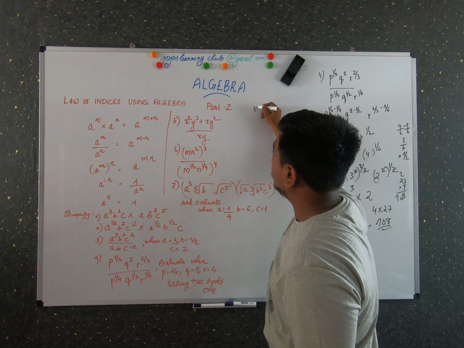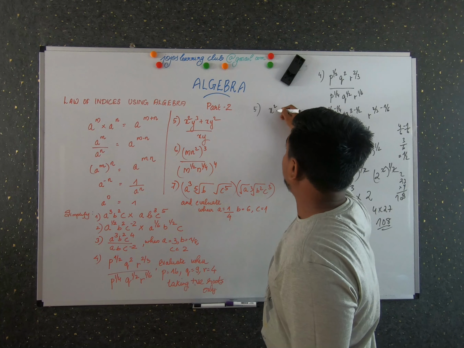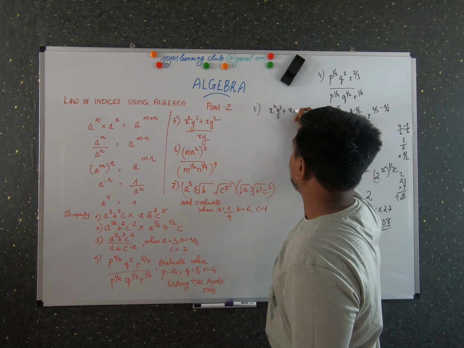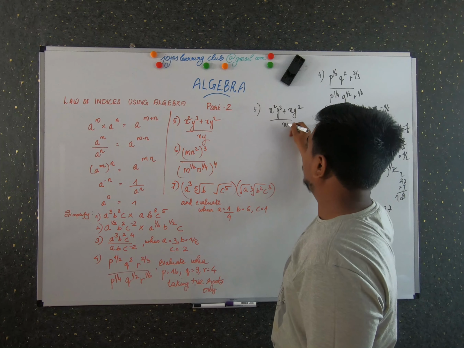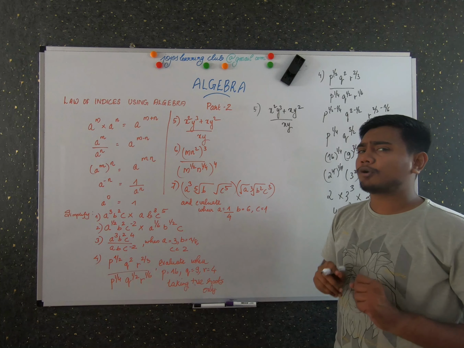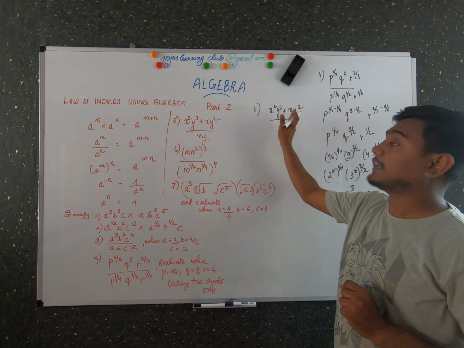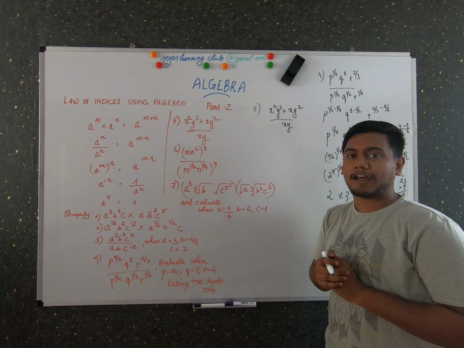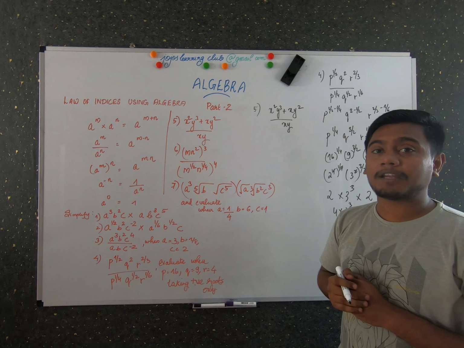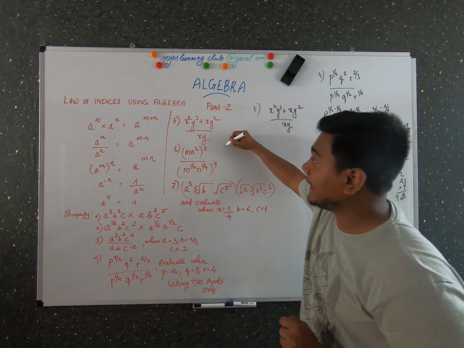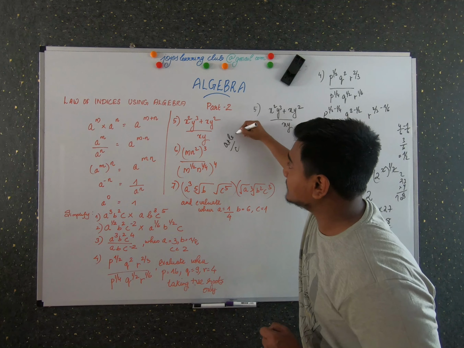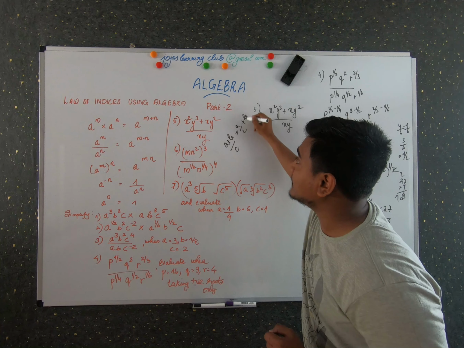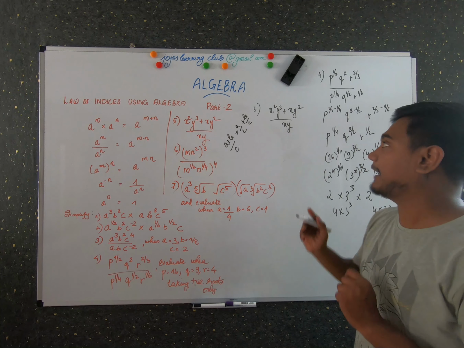Here, problem 5: x square plus y cube plus xy square, all divided by xy. You can do this through many steps. You can either take the common factors and remove them, or you can use the basic law of arithmetic. So what was the basic law of arithmetic? I have discussed that (a plus b) by c is the same as a by c plus b by c. So you can write these terms separately.